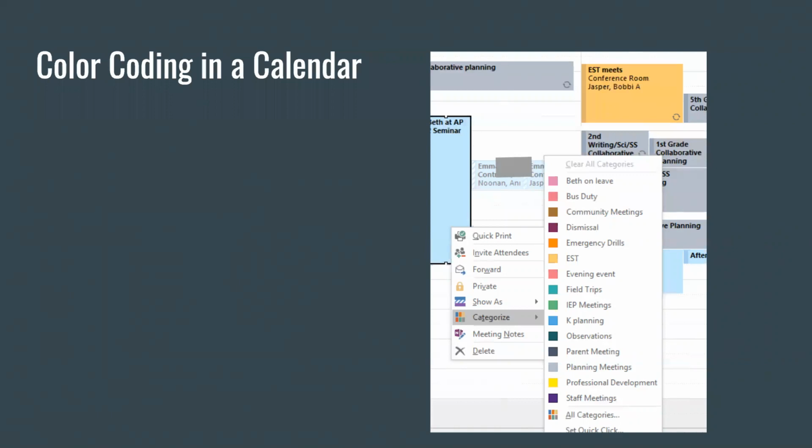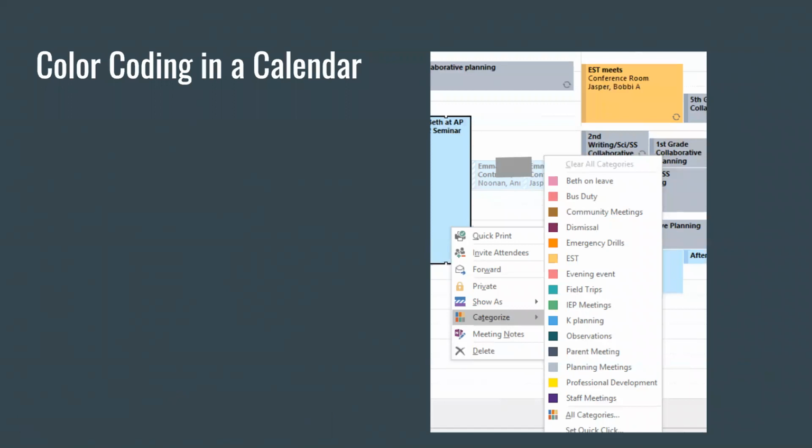But I've got emergency drills in bright orange because I need to make sure that I have those emergency drills when they're scheduled. I have professional development in bright yellow so that it's catching my eye so I know to get ready for that in advance. And I created those calendars. I mean, Outlook didn't come up with them, they just had the colors and I could go in and edit them all. So being able to color code the calendar is a great way to really help an individual prioritize,